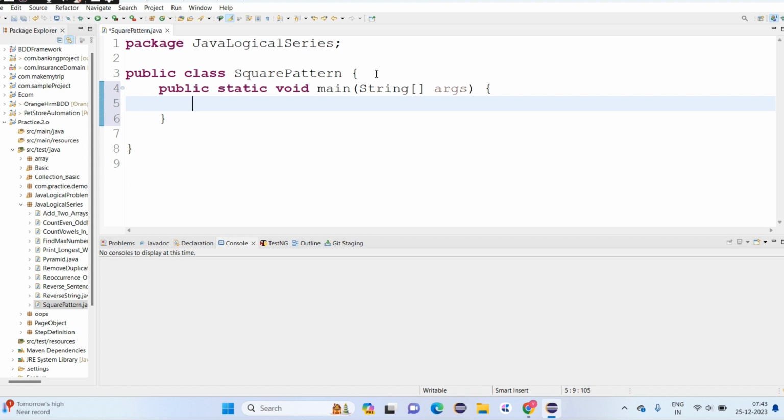First, I use the for loop. To create the star pattern, we need to use loops.